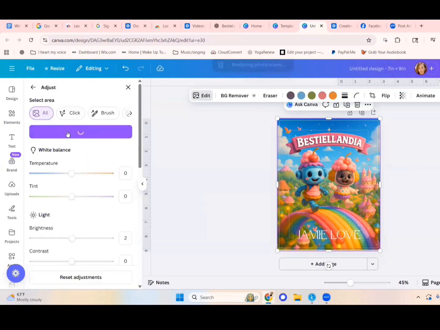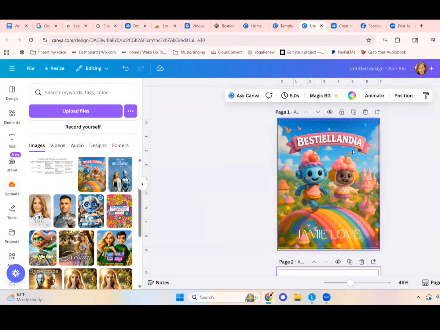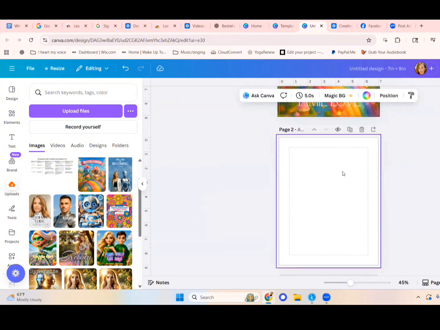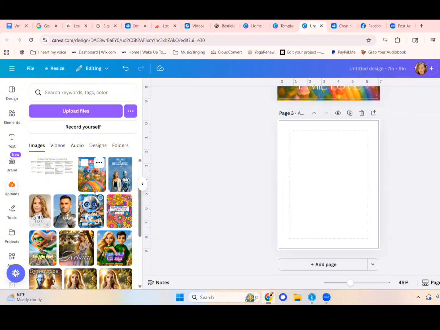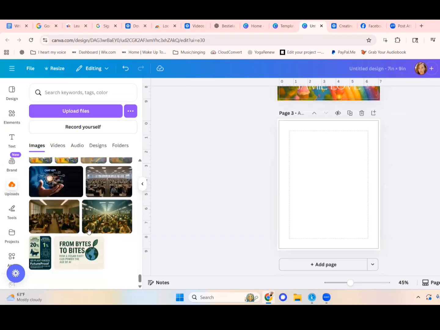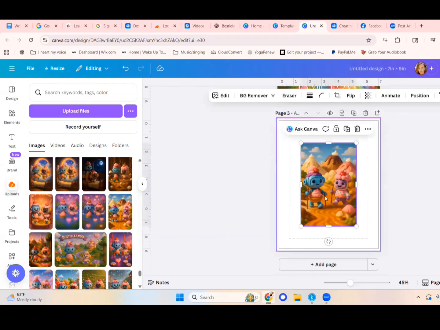Let's do auto. Okay, so now to add a page, you click this down here, add a page. So that would be, let's say, our title page. We're just going to duplicate this because we want the first page to be this. When you open up the book, the title page would be whatever you want, but let's just make it this. Let's get an image in there. Let's get one that we can type on. There we go. All right.